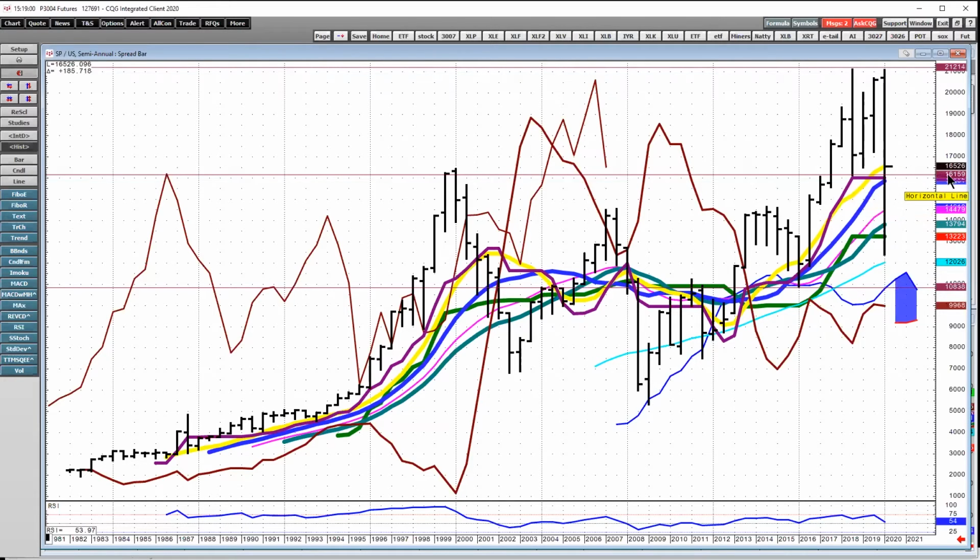Now, once we started closing below this level from the breakout level from 2017, well, we had a whole other big leg to go down in the S&Ps. And everybody was asking me, is this the low? And it was simple. It wasn't the low. We just had to wait for it. But I knew because of looking at the risk analysis that it wasn't the low. And I wasn't in any hurry to buy.